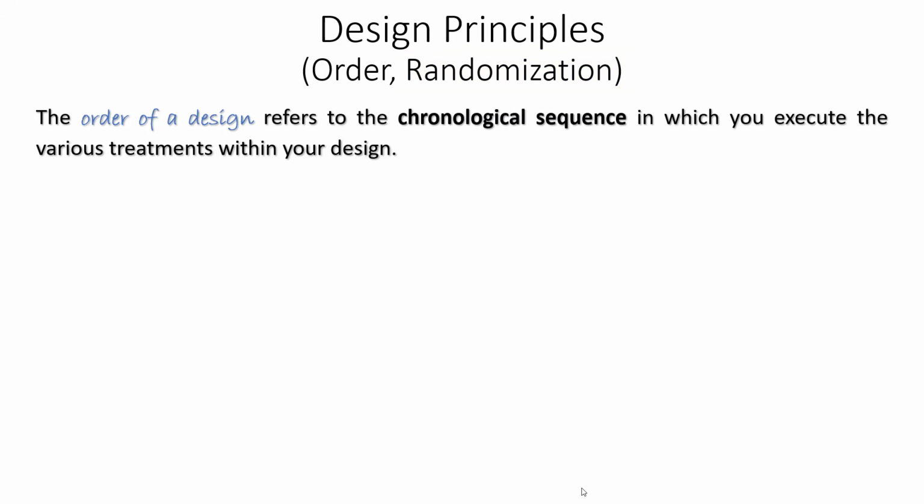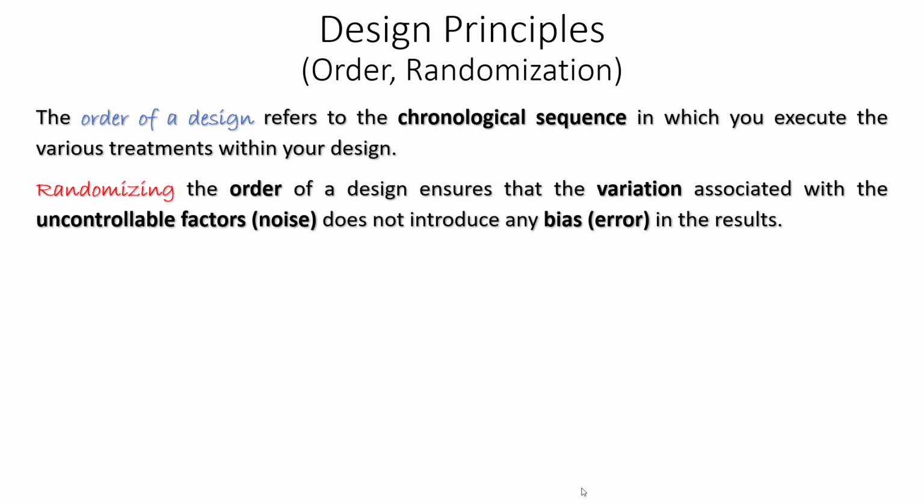When you do a DOE, let's say we're baking all these cakes, you're going to run your experiment in a particular order. Okay, and that term order just simply means the chronological sequence in which you're going to execute your experiment. And one of the best practices in the world of DOE is to essentially randomize the order in which you're building your samples, your DOE samples, to essentially spread out or make sure that if there is some uncontrollable source of variation that's affecting your experiment, that variation essentially gets spread out evenly across all of your different experimental